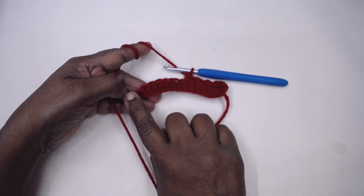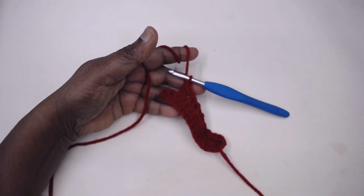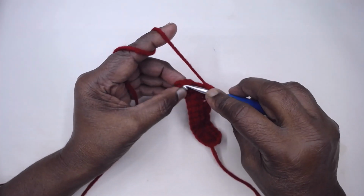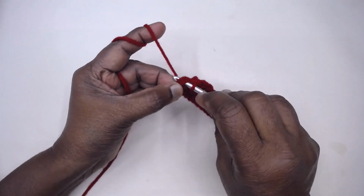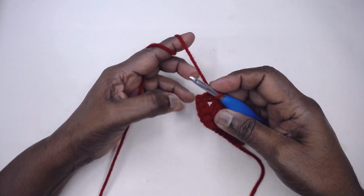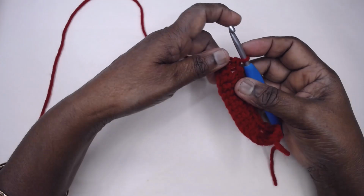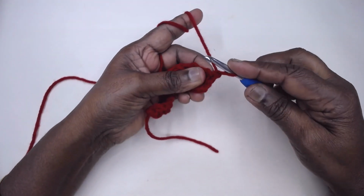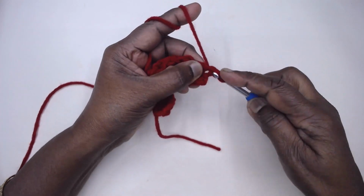I will meet you at the end over here. I've come to the end of the row here, so I've chained 1. Place the extended single crochet in the very last stitch. Henceforth you're going to work only in the extended single crochets and not in the chain space. So turn your work, pull up the loop. In the very first you place your first extended single crochet,